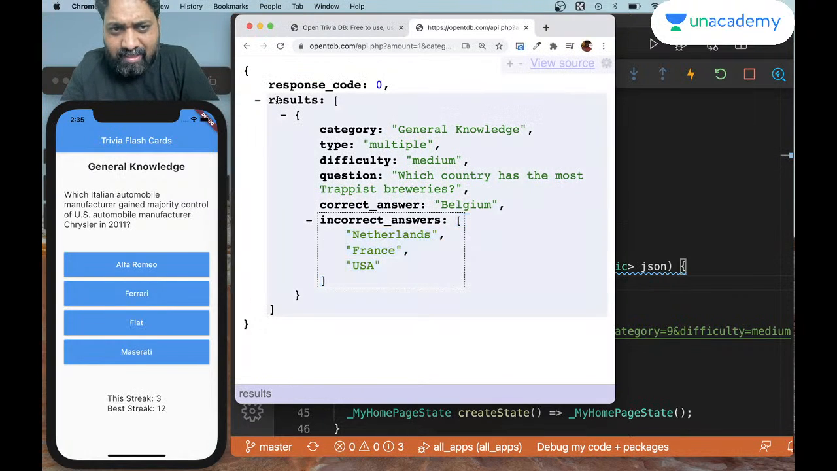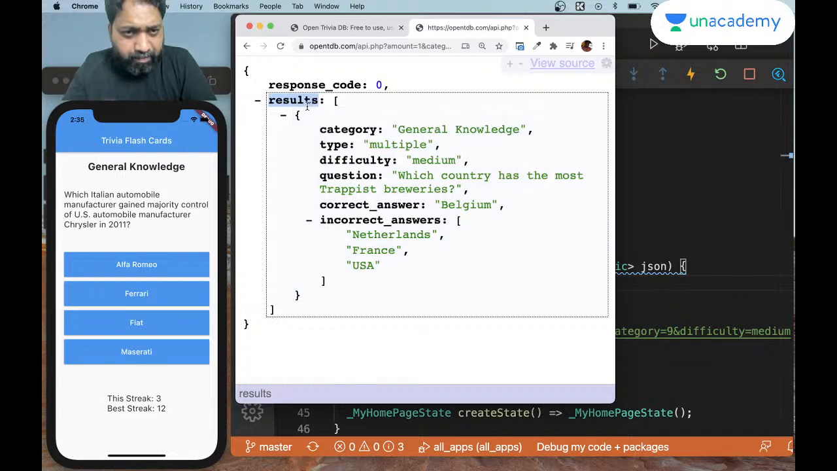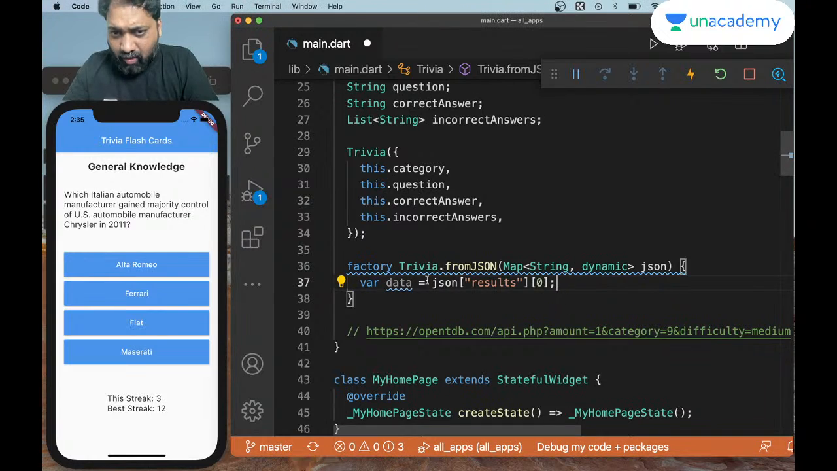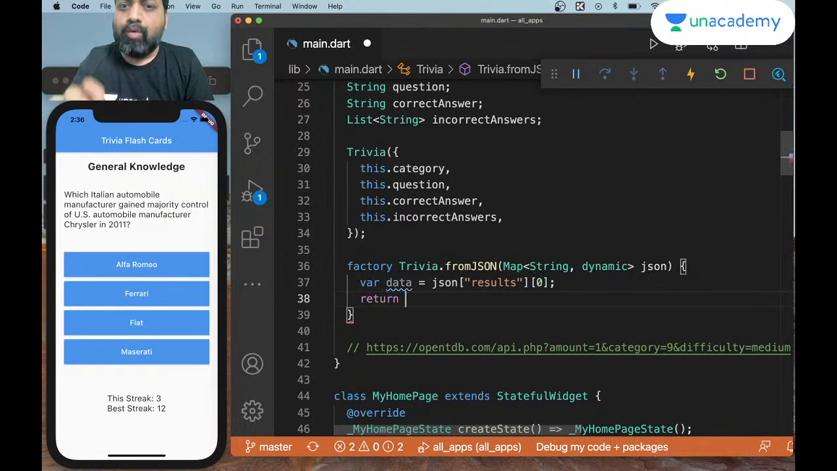That's because results is this key, and 0 means because this is a list, I want just the first element. First element is already denoted by 0 in JSON. So I get JSON results 0. Once I get this much, I am in a very good shape because I can now do what I should